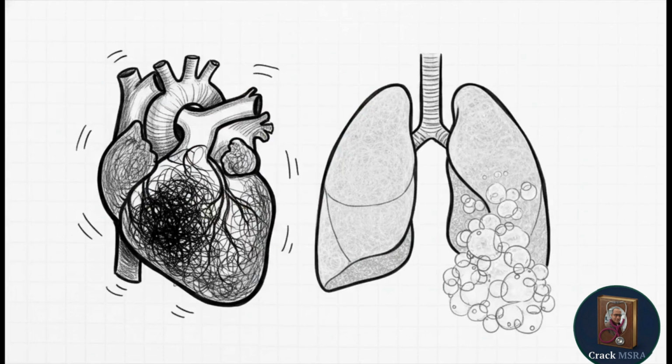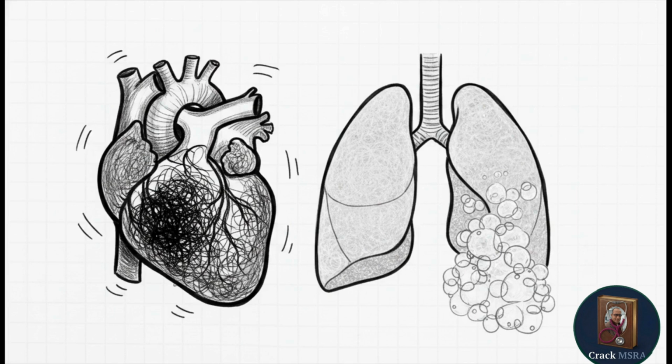An elderly patient with acute shortness of breath and an S3 gallop rhythm coughs up pink, frothy sputum. What is the underlying physiological mechanism here? When you see pink, frothy sputum alongside an S3 gallop, you must immediately connect this to left heart failure. The failing left ventricle causes fluid to back up, increasing hydrostatic pressure until the alveolar capillaries literally rupture, resulting in